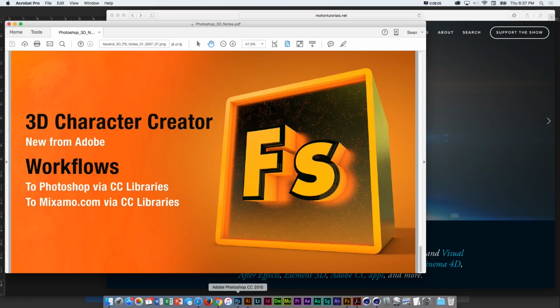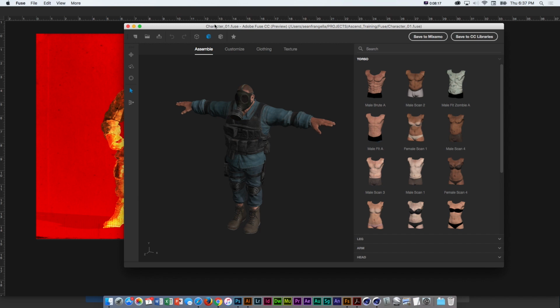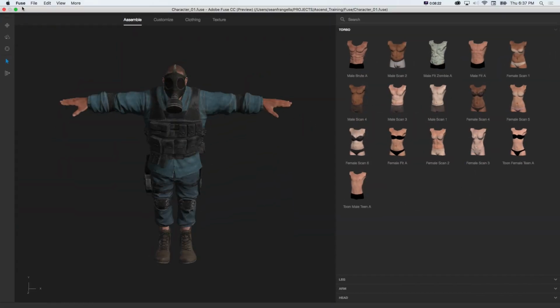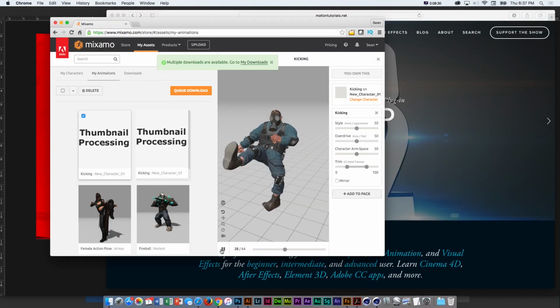A couple of things I want to go through and talk about are getting off the ground with Photoshop 3D, creating this 3D logo and how it works, as well as this Adobe Fuse app where you can create a custom 3D character and then add animation and all sorts of stuff, without getting bogged down in the technical details. That's the fun of a lot of this, it takes the overwhelming part away.